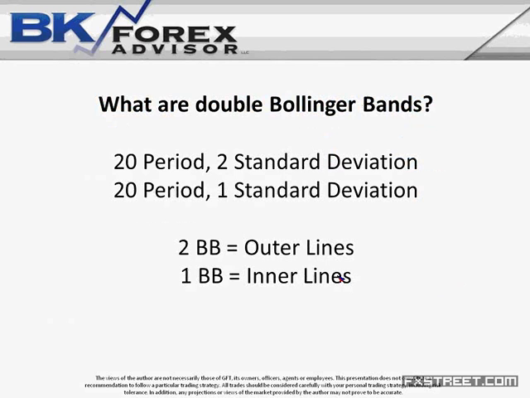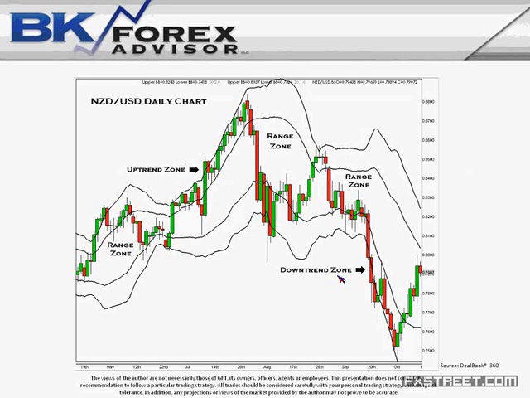So one other thing I'm going to show you, a lot of people have asked, how do we look at trends in the currency market? We basically use Bollinger Bands, 2 standard deviations, 1 standard deviation. And the way we look at it is this. When you overlay the Bollinger Bands onto a price chart, anything that's in the 1-2 band is an uptrend. Anything that's in the 1-2 to the downside is in a downtrend. And whenever we're in the middle, we're in the range zone. That's kind of how we look at charts.